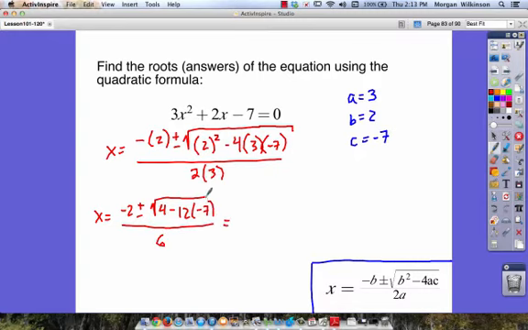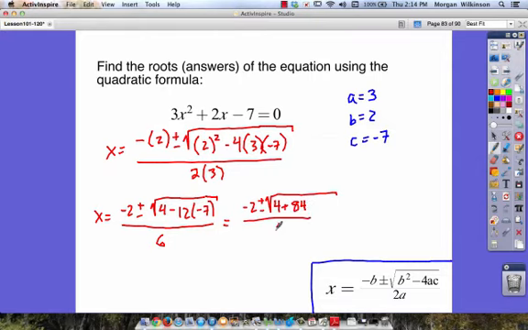Let's work across. As you can see here, these do take a fair bit of room, but take your time as you go. So negative 12 times negative 7, or we could say, we've got 12 times negative 7, and we have to make that answer the opposite. You should have gotten 84. So we're going to get negative 2 plus or minus the square root of 4 plus 84,